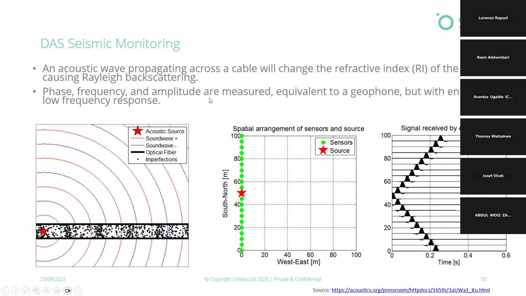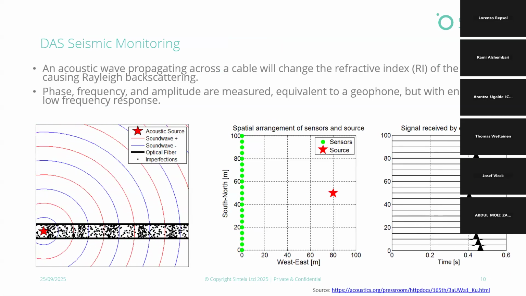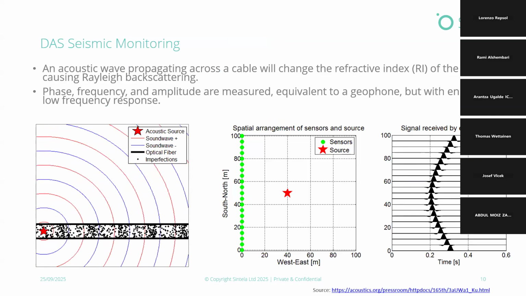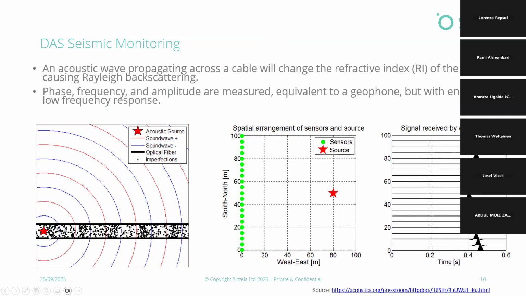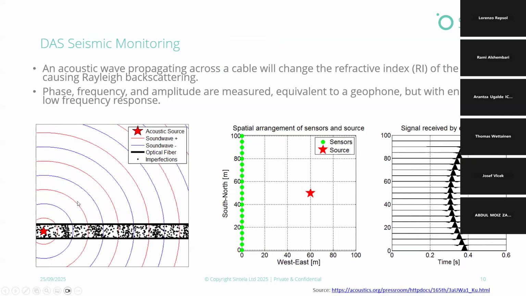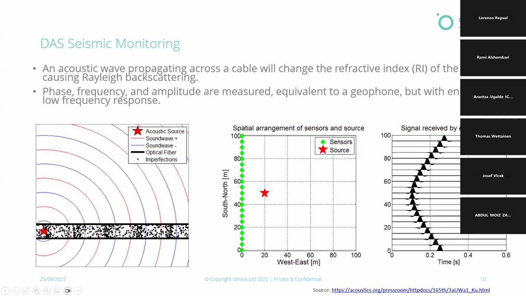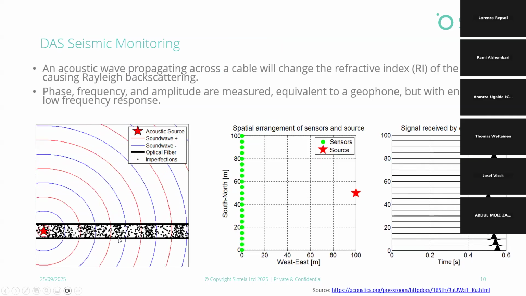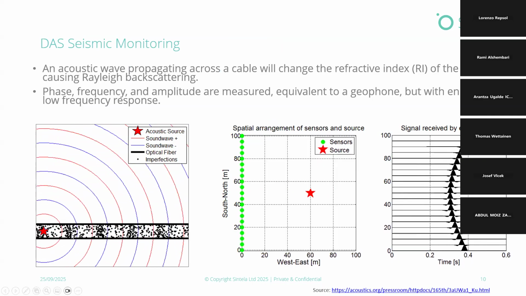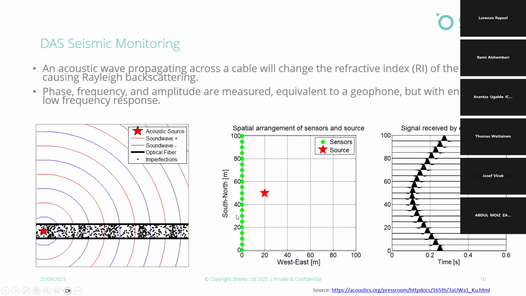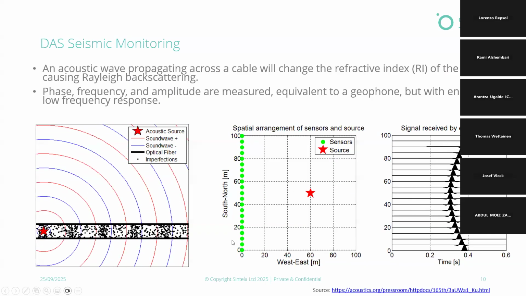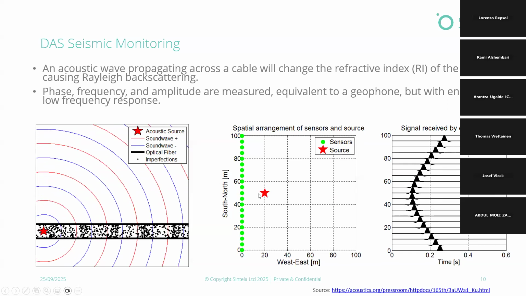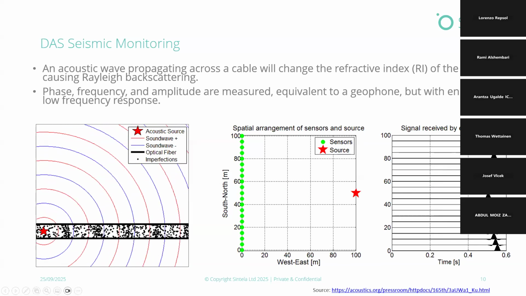With that, we also can do seismic monitoring as well. So an acoustic wave propagating across a cable. Here you can see a seismic event schematic propagating seismic waves. And if we have fiber optics, those impurities cause the backscatter light. So with a fiber optics cable, we define it into channels every meter or so. As the seismic event gets away from the fiber, we can see that